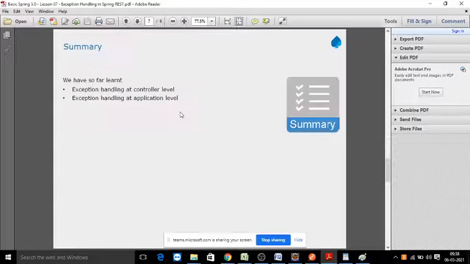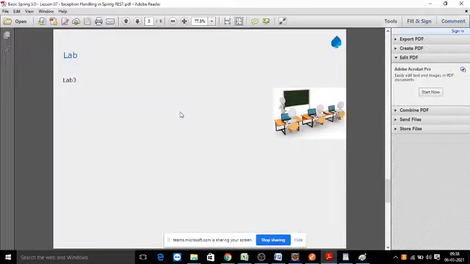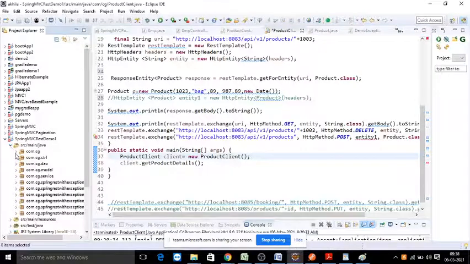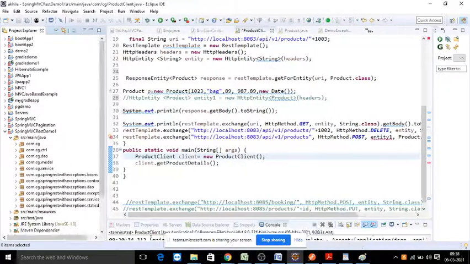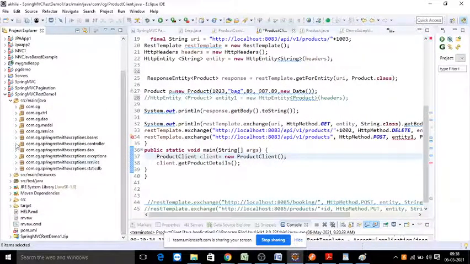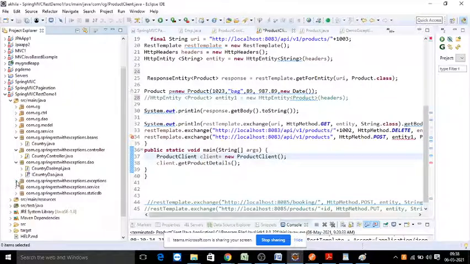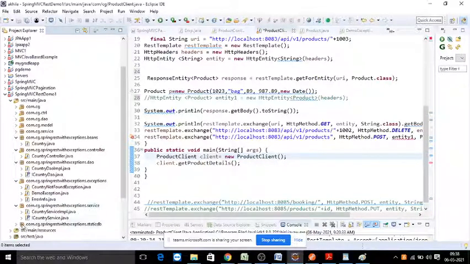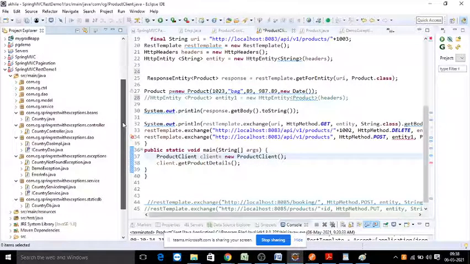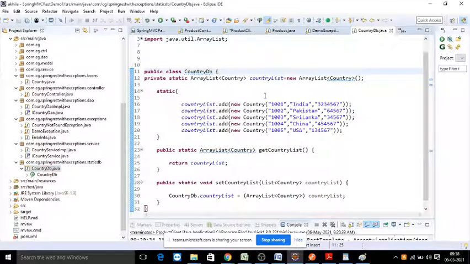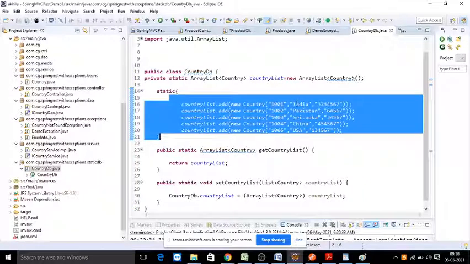And we will see it with a simple example in the same product example itself. Here we have Country, a class, and CountryDB is a model class where it is storing a set of countries as static data.